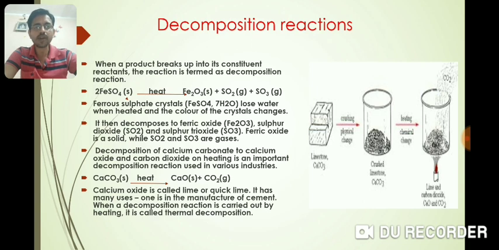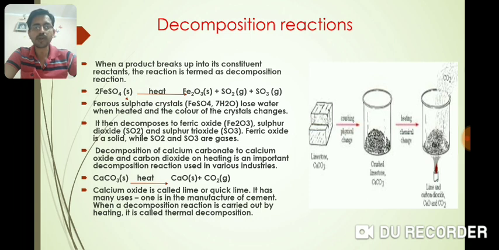Here, as an example of thermal decomposition, we are talking about decomposition of ferrous sulfate, FeSO4. Ferrous sulfate, FeSO4, is green colored salt. When it is heated, it gets converted into white, and then its color changes to reddish brown due to the formation of ferric oxide, along with the evolution of sulfur dioxide, SO2, and sulfur trioxide gases. These gases can be recognized by the odor of burning sulfur.